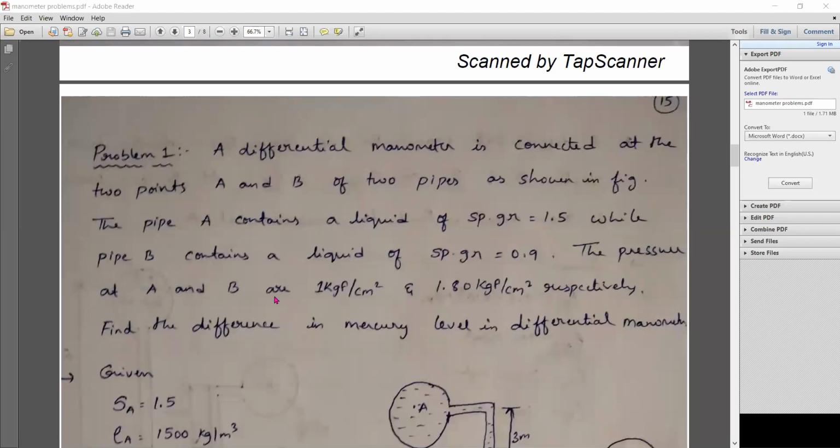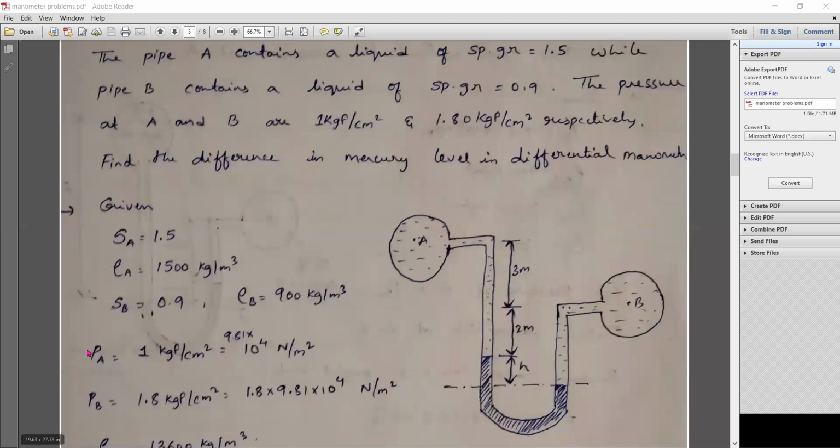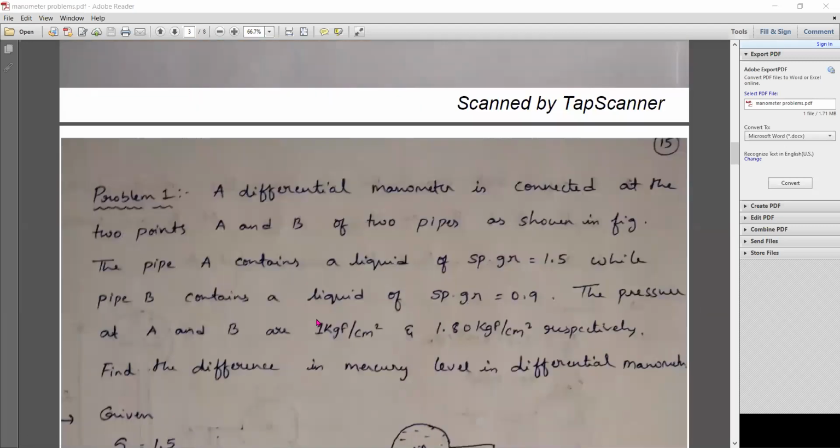So the pressures at A and B he has given here already, but he gave them in terms of kgf per centimeter square. We need Newton per meter square, right? So after writing the question, you can write down 1 kgf equal to 9.81 Newton. Remember that, right? So pressures at A and B: PA, you can write here like this. After writing the question, you write on the given data.